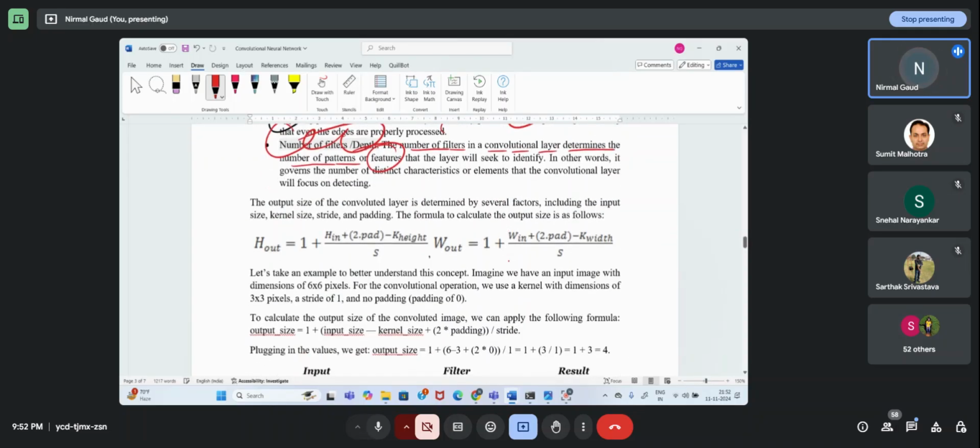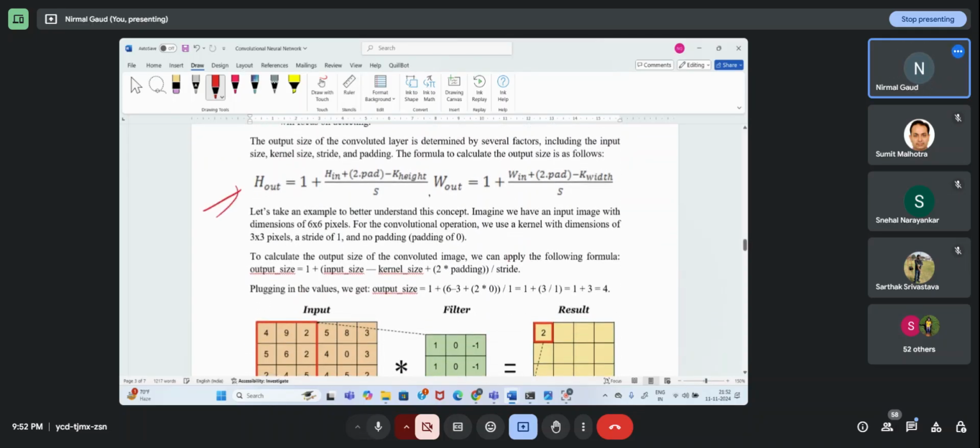Okay, fine. And here is the formula. Remember this. This is the input height of the image, this is the height of the kernel, this is the padding if you have added zeros to the image, and this is striding, how many times you are moving. You put these in this formula and you will get the height of the output image. Similarly, this is the width. What will be the width of the output image?